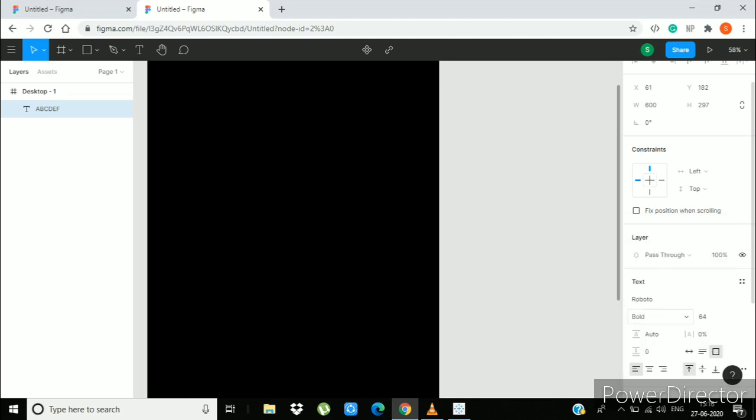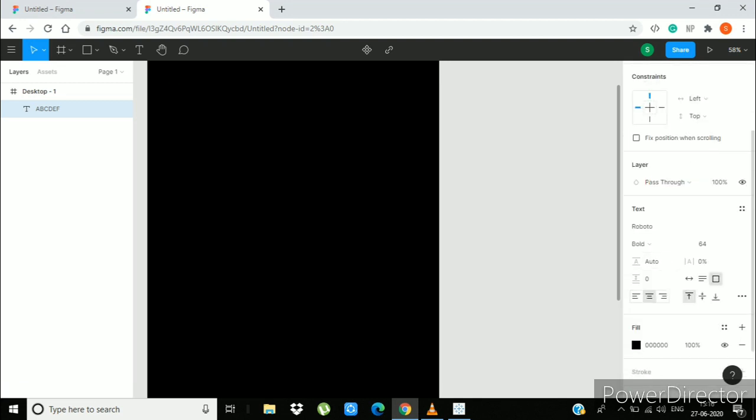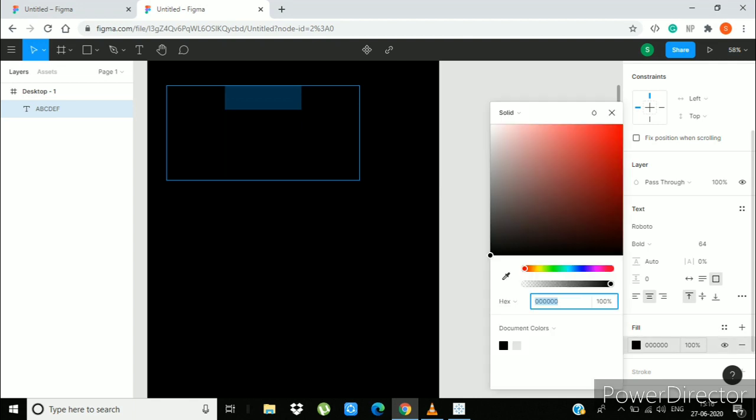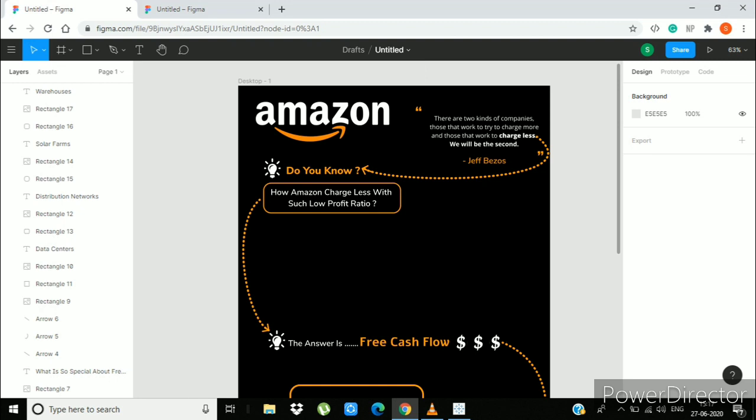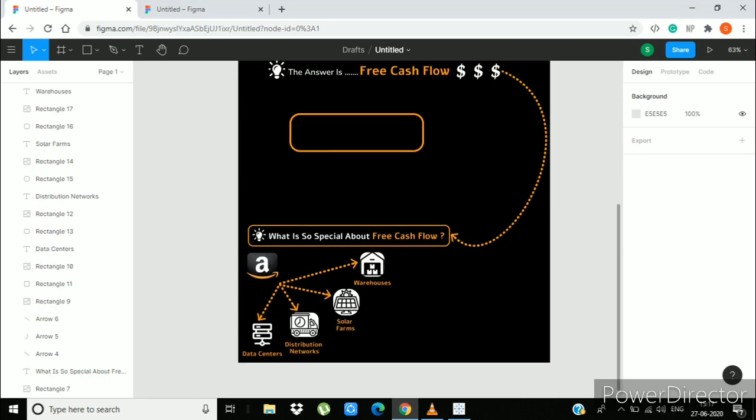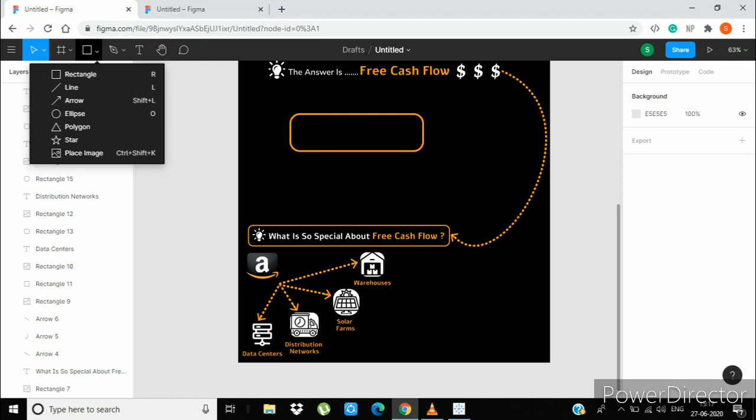You can select bold, semi-bold, whatever you want. Click on it and color it FF9900, which is the hex code for the orange color of Amazon, and your text is created. That's how I have created all the text that you are seeing in this frame.